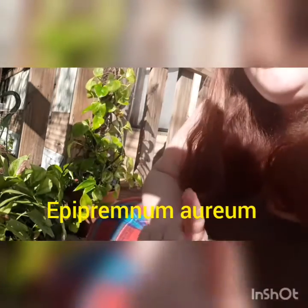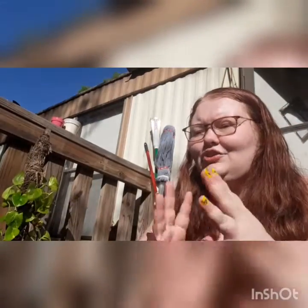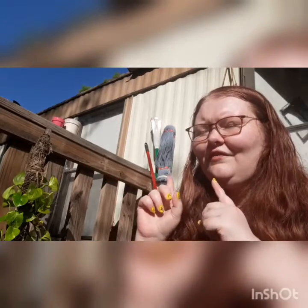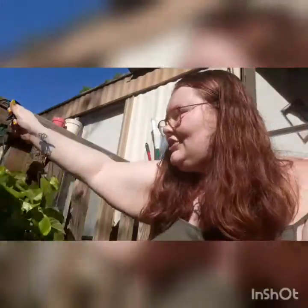Now Epipremnum aureum, which is the variety we're talking about now, is the true Pothos. And in Epipremnum aureum, there are only a few actual varieties, and I know I'm probably saying this terribly long. There is golden pothos, pearls and jade, which this is a pearls and jade, marble queen, which this is a marble queen, jade pothos, glacier, enjoy, manjula,